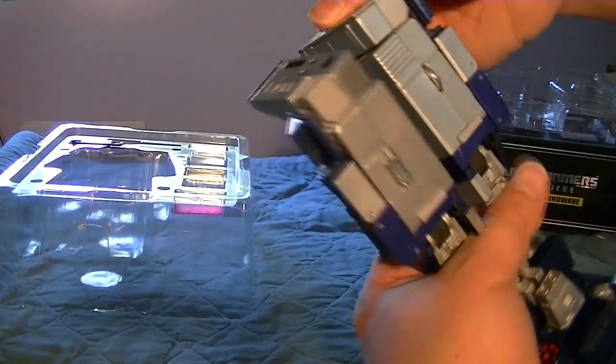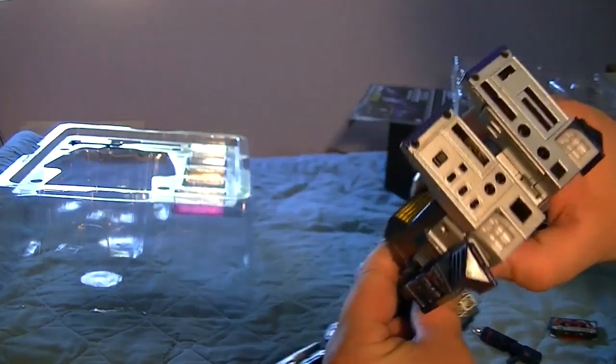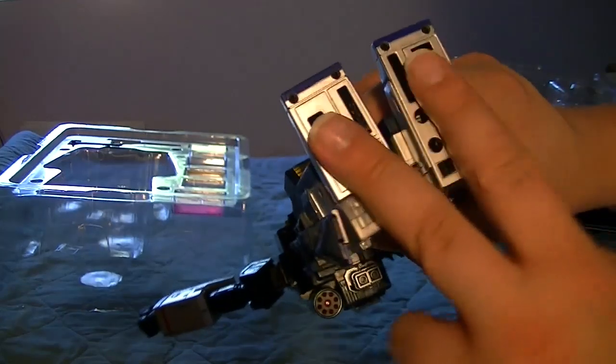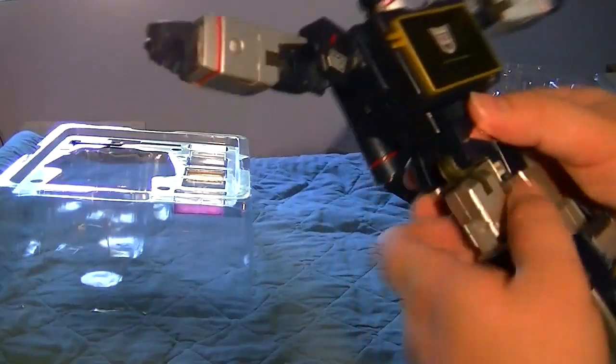So, you know, die-cast metal does scrape, so if you're going to be displaying this guy standing up, I mean, have him standing on a piece of paper or a piece of felt or something like that, because when you transform him into tape mode, these are very prominent side pieces and it will be quite noticeable if they're scratched up. Alright,